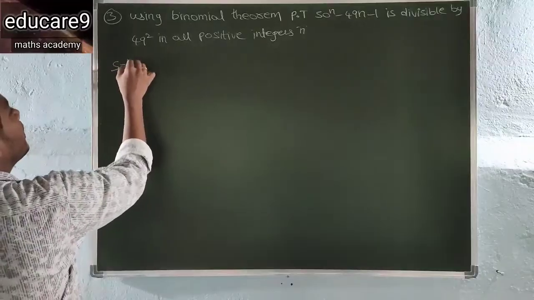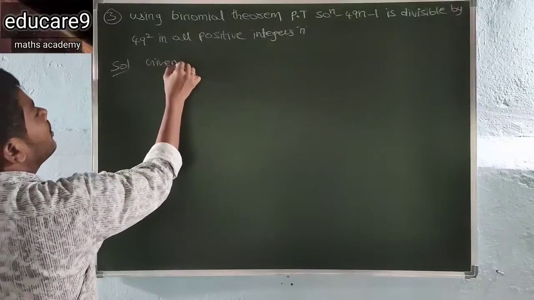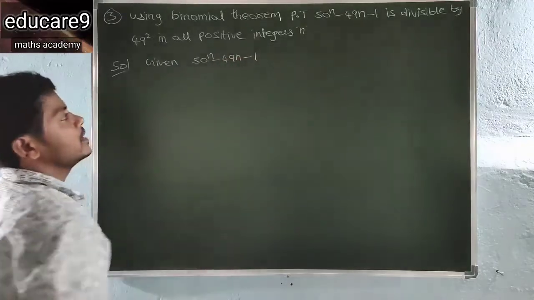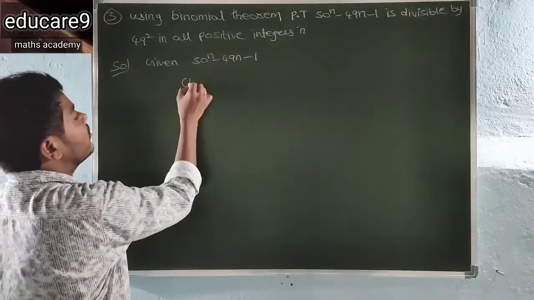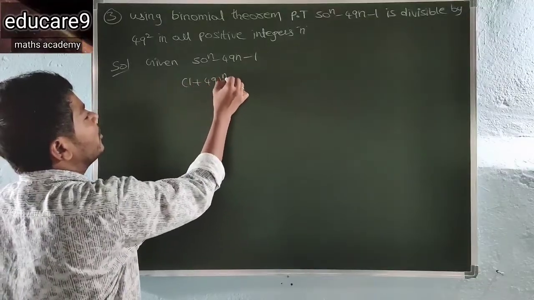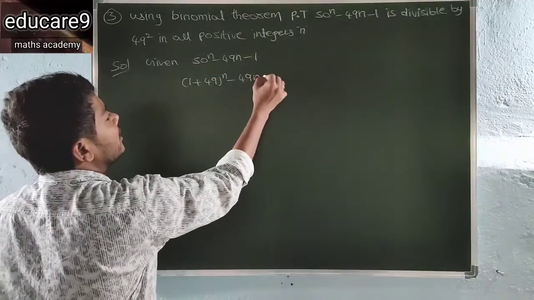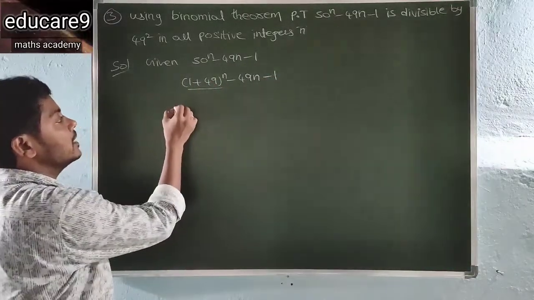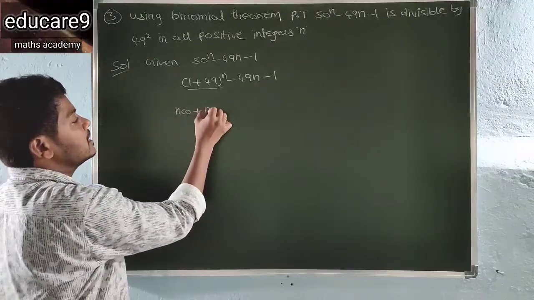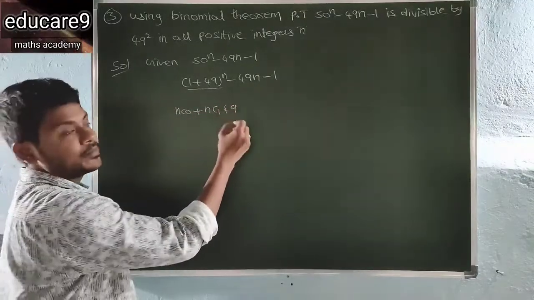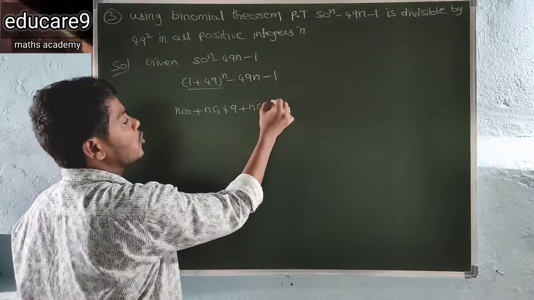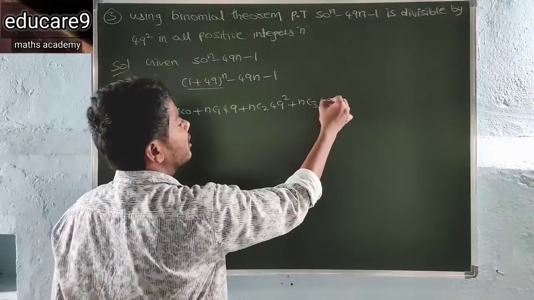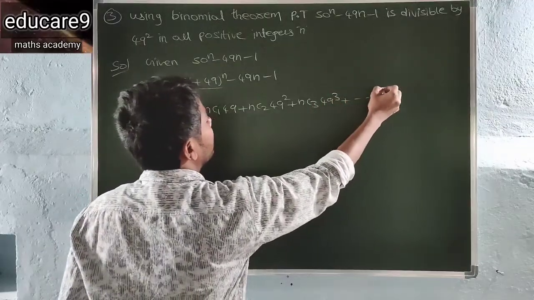So see here, given 50 power n minus 49n minus 1. So this 50 can be written as (1 plus 49) all to the power of n minus 49n minus 1. So you have to find this expansion, that is nC0 plus nC1 49 plus nC2 49 power 2 plus nC3 49 power 3 and so on,